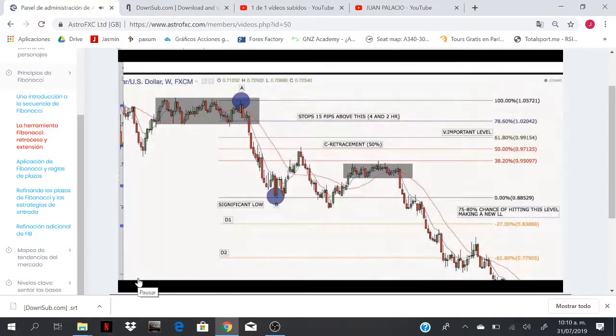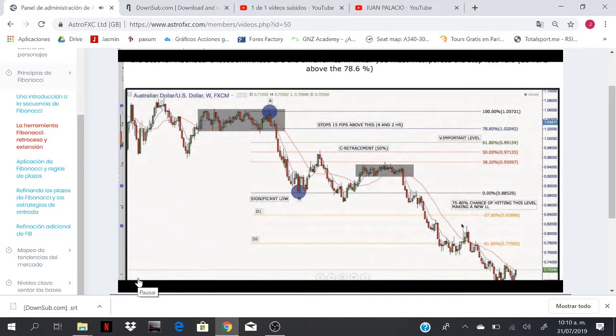Now let me just go back to the book. So then what happened here, we actually made new lows. We smashed straight through the 27%. That candle there is a shooting star with no wick at the bottom. It's a Marubozu. The moving averages are down, crossed over to the downside. So we smashed through target 1 and we've actually reached target 2 and beyond. Okay, and beyond. We found support around